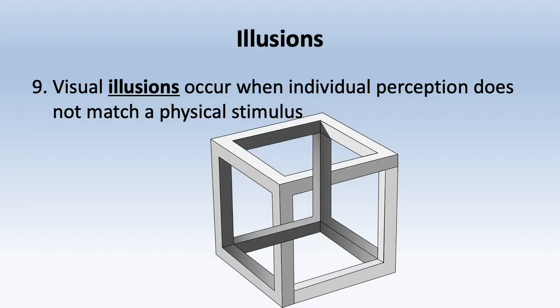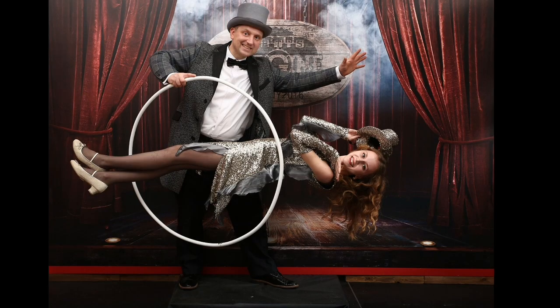Illusions occur when individual perception does not match a physical stimulus. For example, if you take a look at this box, what do you see? Do you see a cube? If you look around the cube, you might discover that the shape changes. This is a visual illusion. We also see this